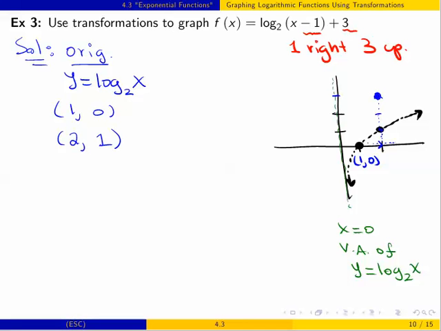Okay, now the second point, the 2, 1, I'm going to move it to the right 1 unit, okay, and then up 3 units. So it's 1, 2, and then 1 more, and then when you stop, okay, the final graph for f will pass through these 2 points. Now you may be wondering, okay, we know there's some vertical asymptote for this function f, and so